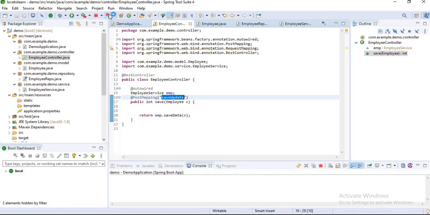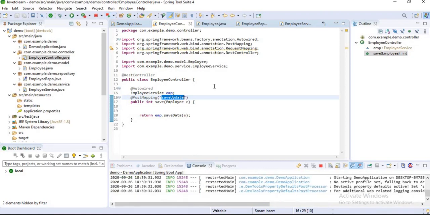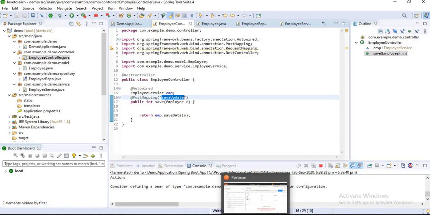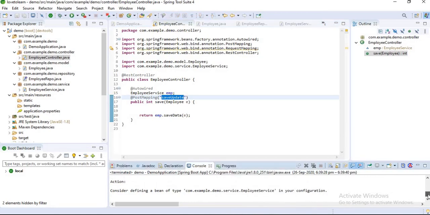Okay guys, now my application is started again, and let's check using Postman. Guys, I'm getting some problem here. Let's check what it is. Consider defining a bean of type com.example.demo.service.EmployeeService in your configuration.